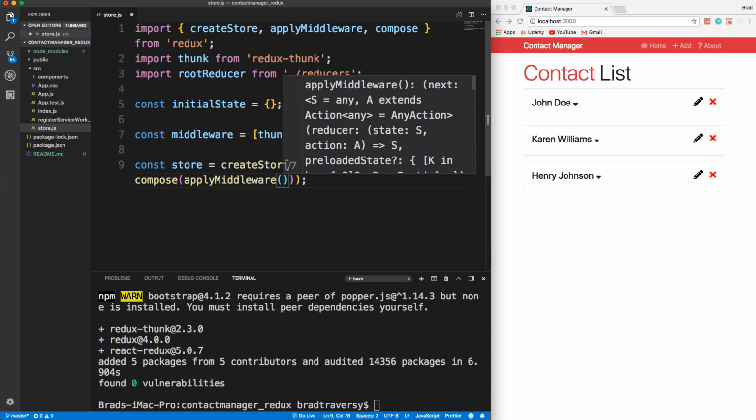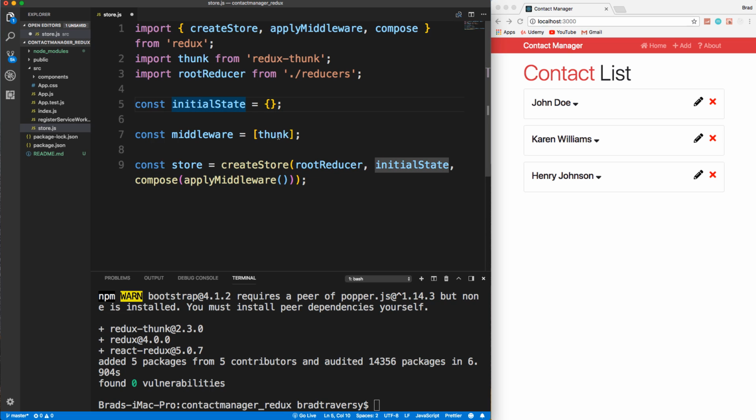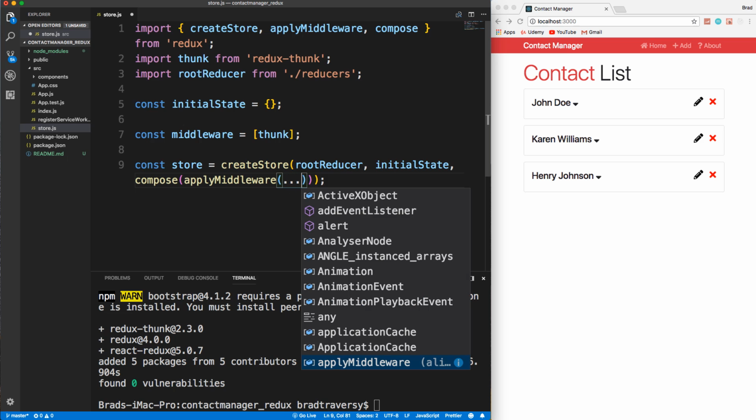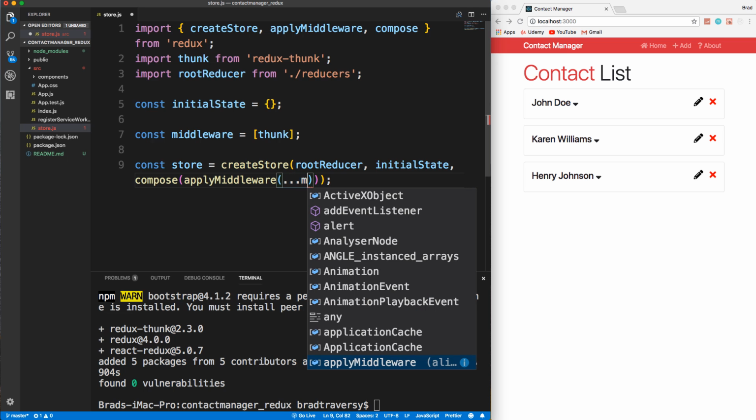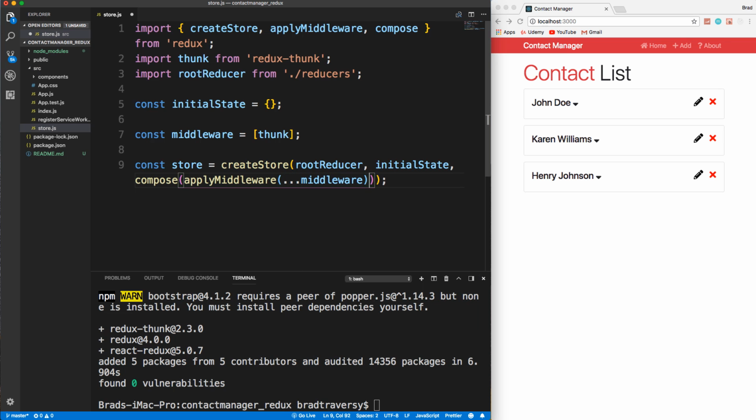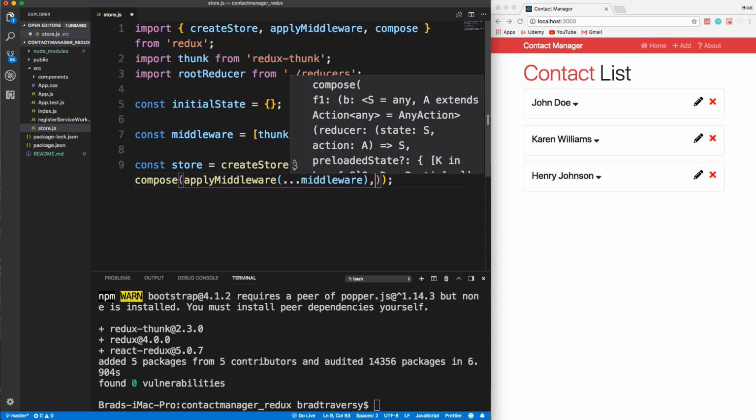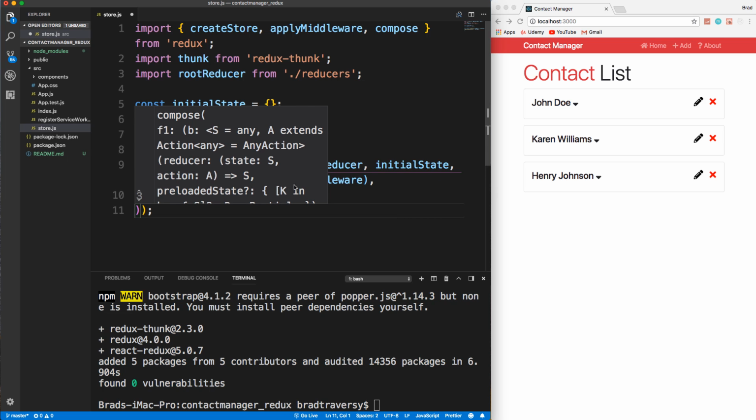And we just want to pass in all of our middleware, which I have in an array right here. So we want to use the spread operator, because anything that's in here, we want to put all of it. Even though there's only Thunk, we could easily add something else. So we want to use the spread operator and just say middleware. Okay, and then we want to put a comma here, and then we want to put the line to use